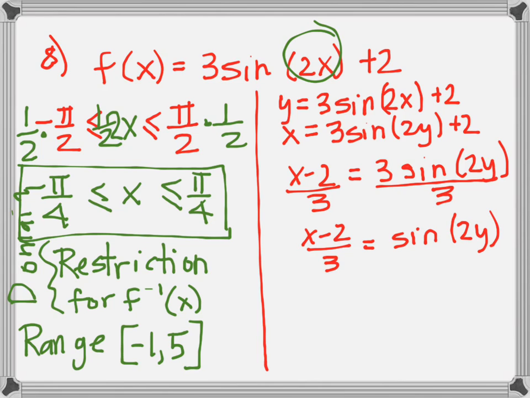What is the next outermost thing affecting y? The sine, right? And what we want to do is we want to do inverse sine on both sides to get rid of it, right? That's the way we got rid of multiplication, we divided. The way we get rid of sine is we do inverse sine. And if you take the inverse sine of this,